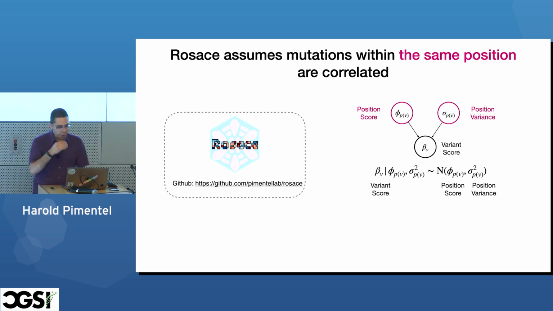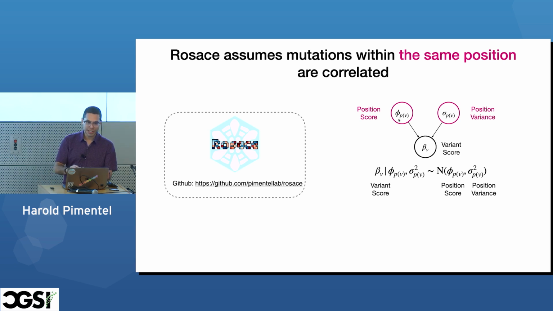Okay. And so we wrote a paper on this. This is part of the model. This isn't the whole model, but this is part of the hierarchical model. There's tons of other parts of the model, but this is really the core idea here, right? We have some specific variant that I care about, right? The variance score, right? This is the slope, that's one specific slope. And what I do is I put a position-specific prior with a position-specific variance. There's some additional hyperparameters that are shared across the entire experiment, but this allows us to basically shrink the betas relative to the specific position, right?